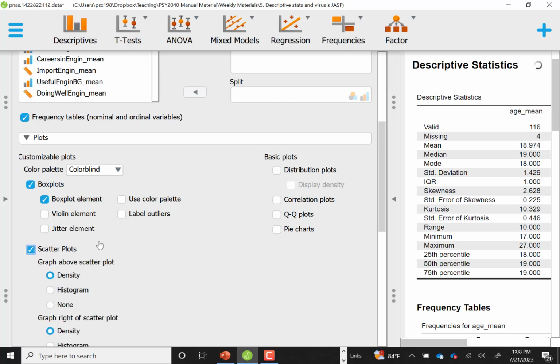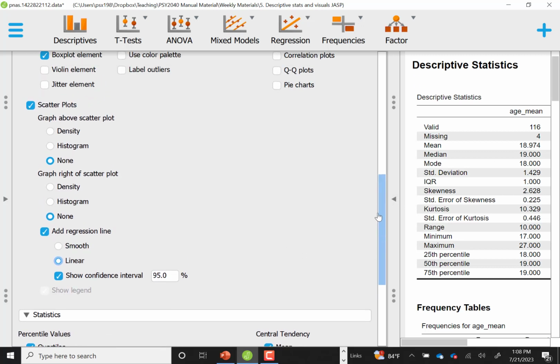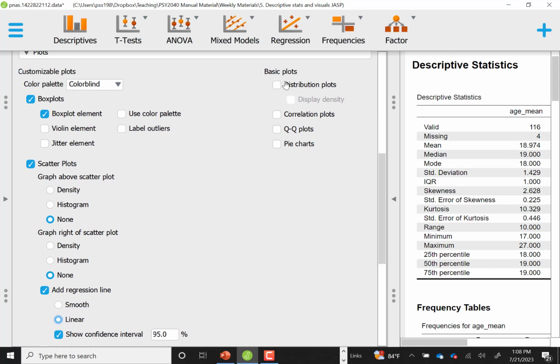We'll request a scatter plot, and to keep it a little bit simpler looking, I'm going to click none for these options for extra graphs displayed on either side. And I'm going to click linear for the regression line. We'll get into regression a lot more in a later chapter, but this is a typical format for a scatter plot. Lastly, going back up in the menu a little bit, I'll request distribution plots, and these will produce histograms